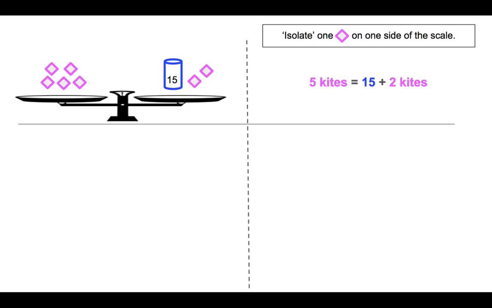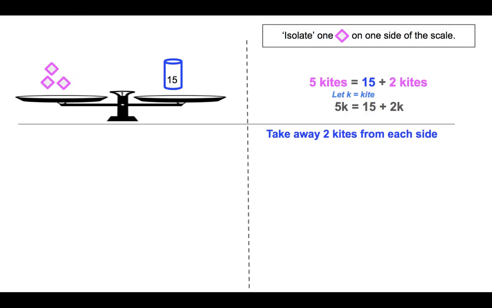So we're going to have to isolate one of the kites on one side of the scale. So here I have my equation. 5 kites equals 15 plus 2 kites. And again, we could say that k could equal the kite, and then I can write it using variables. 5k equals 15 plus 2k. But remember, we want to isolate so that we have all of the kites on one side of the scale. So what we'll do is we'll take away 2 kites from each side. So 1, 2 from the right side. So I need to also take away 2 from the left side. Now, all of my kites are on one side of the scale,